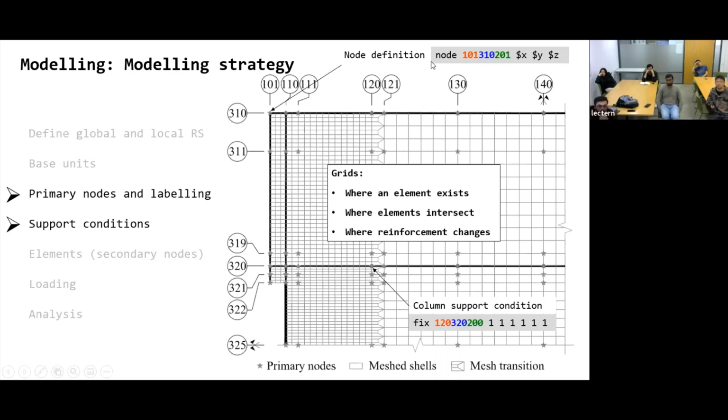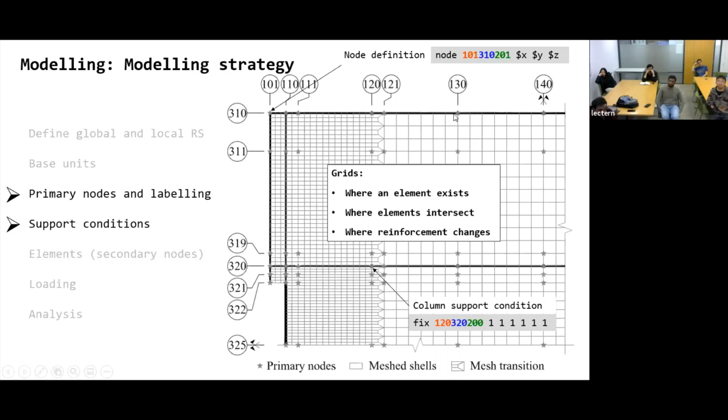it is. So my definition of the node will be: all the X grid lines will be labeled as 100, and I normally use the 10s to show where an important element is. So in this case, the column on the wall is in 110, and then the next line of columns is in 120, and just keep going with 130, 140, and so on. In 311, for example, in this case 310, it will be the beam, the frame,